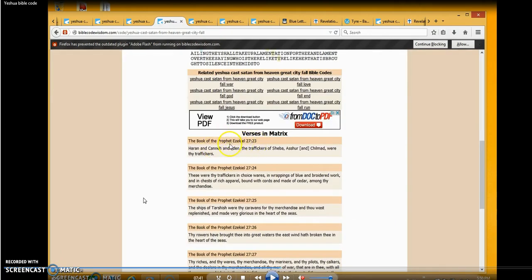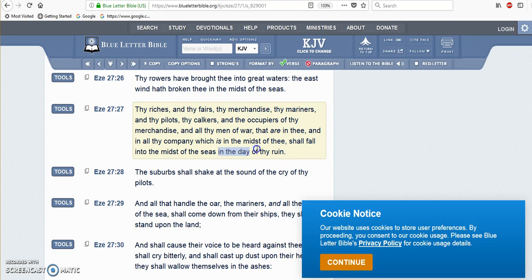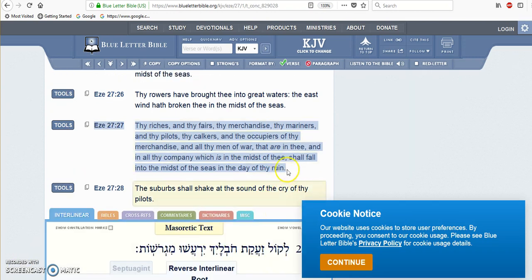Okay, I just want to show you here where it's showing the matrix. It's coming up in Ezekiel 27. You see verse 27 here. Okay, and I actually scrolled it back up at that point, so I can't read the whole sentence, but you see that it's saying, "thy riches and thy wares, thy merchandise, thy mariners and thy pilots." Okay, so this is exactly where the word Yeshua comes up, and it goes on to say, "in the day of thy ruin." Okay, so I'll just show it to you this way so you can see that's exactly where the name Yeshua comes up in the table. And I just noticed it mentions the midnight